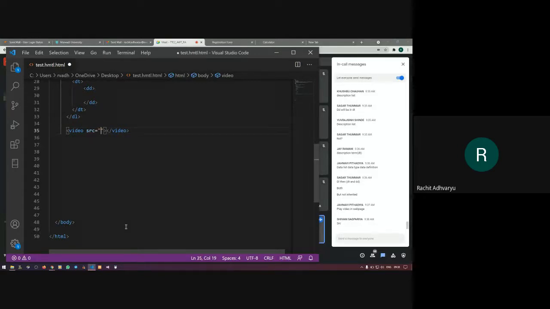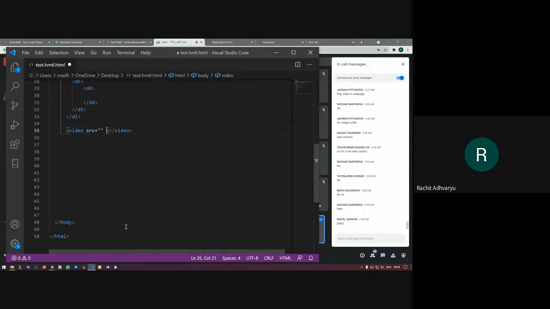So if I just provide a source here, do you think the video will play directly? Or do we need anything else? Yeah, so what type of controls do we need to provide? Tell me.